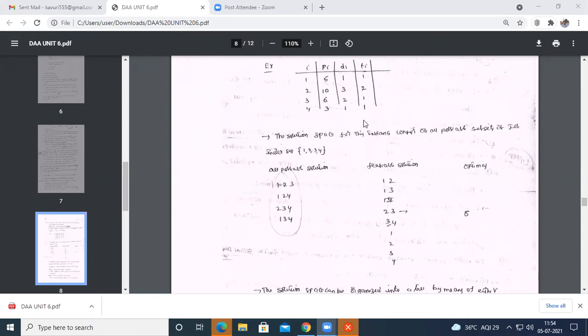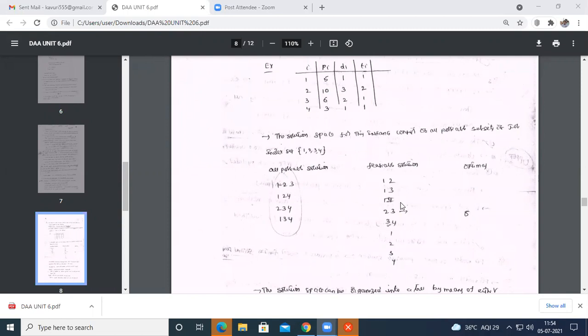But in our branch and bound, the job execution time changes; it is 1 second here, 2 seconds or 3 seconds. So we are finding all the solutions, that is, the jobs completed within the deadline. The possible solutions are 1 2, 1 3, 2 3, 3 4, 1 2 3 4. But in all these possible solutions, the penalty is 8, that is, the remaining jobs are not completed within the deadlines.